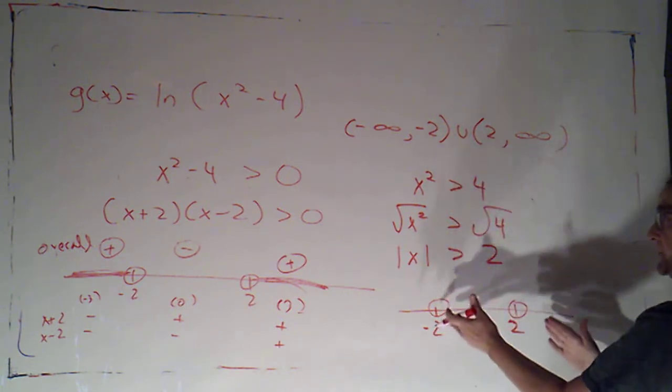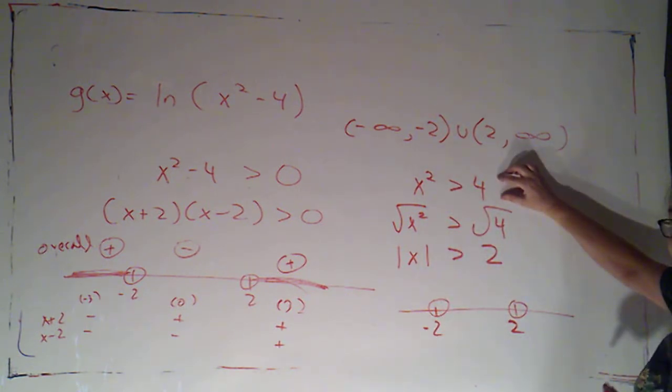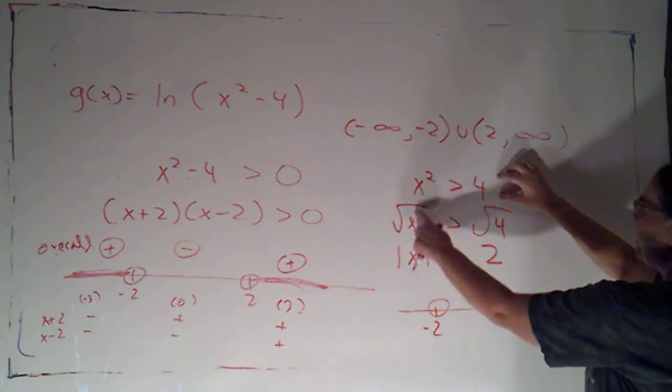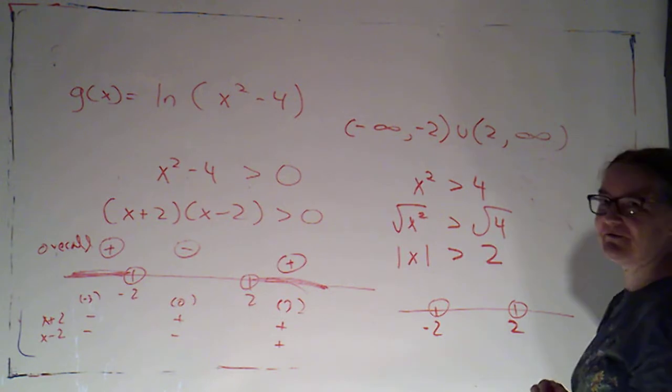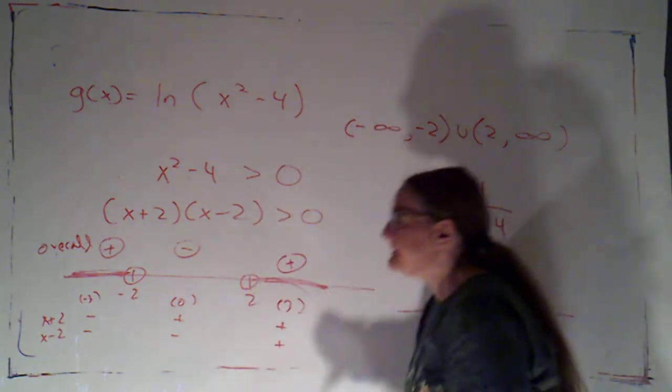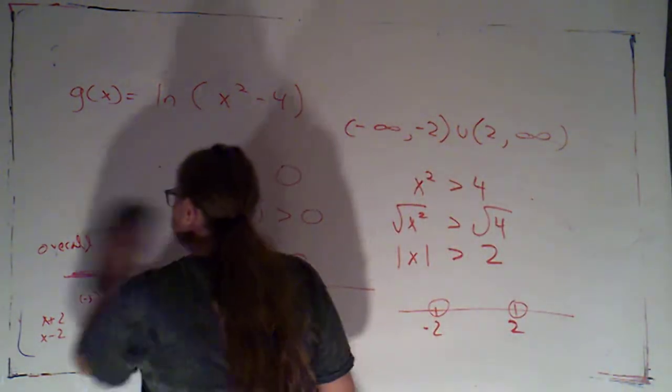So it is possible to do it that way, but it's not as simple as you might have thought, because remember, the square root of x squared is not x. It is the absolute value of x. All right, so let's take a look